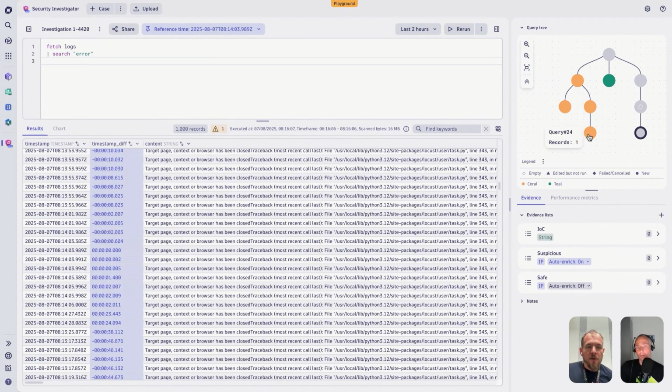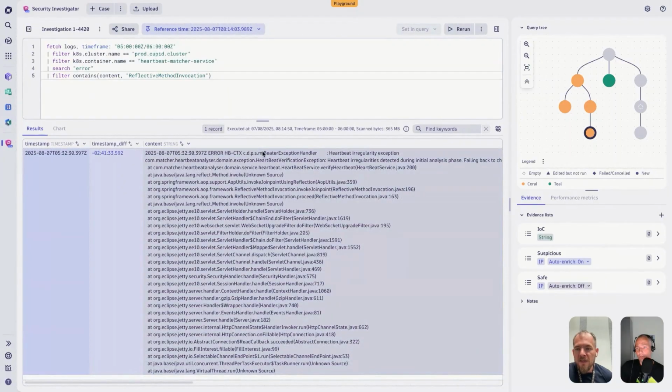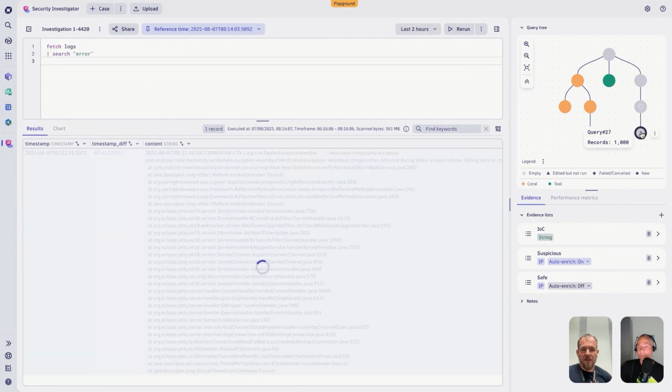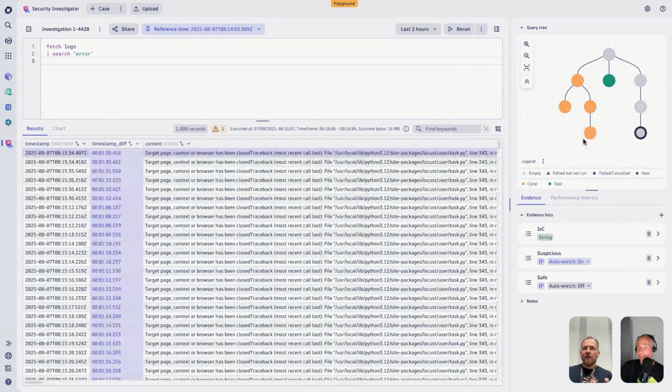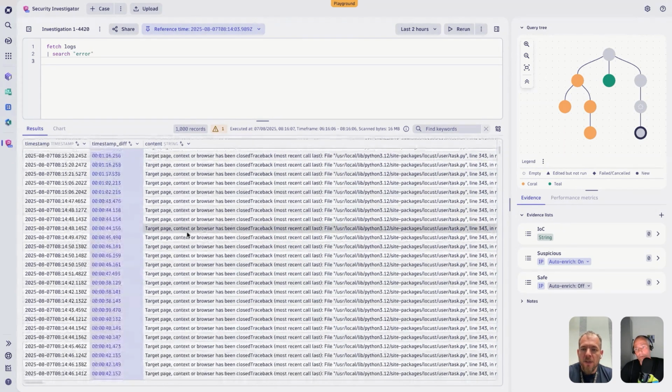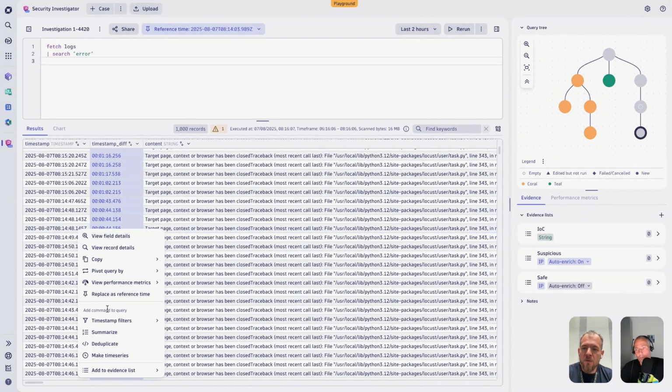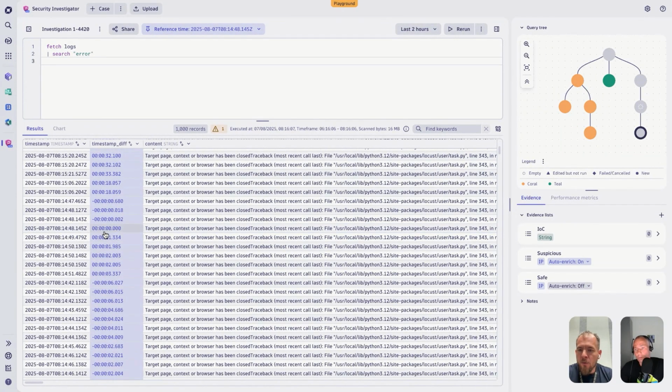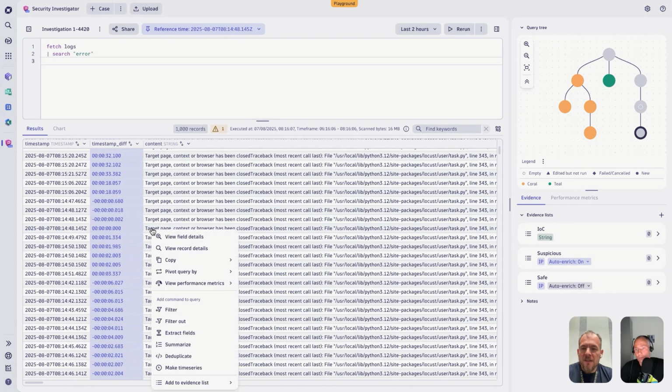So maybe going back to this node here, we can see that this error occurred 2 hours and 41 minutes before the reference time that we have just set in this branch here, giving us the possibility to understand the distance or the context of the thing. And why it might be relevant, for example, is when you now jump into traces. So imagine, let's say that we took this event here, we marked this one as the reference time. And now on the 0 time, we can actually, let's say, open this,